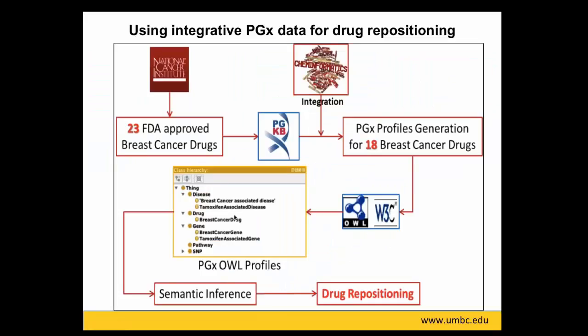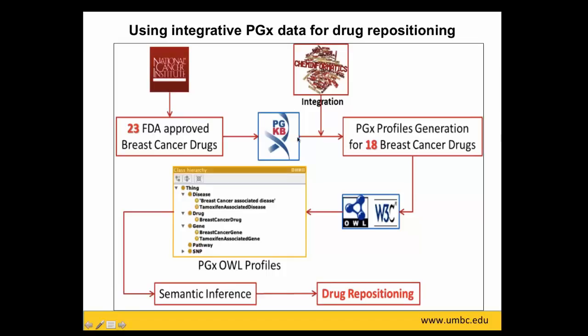We are also interested in using pharmacogenomics data to support drug repositioning, because pharmacogenomics data give us more information regarding drugs, genes, SNPs, diseases, and so on. This is an initial study with 23 FDA-approved breast cancer drugs retrieved from the NCI, and we